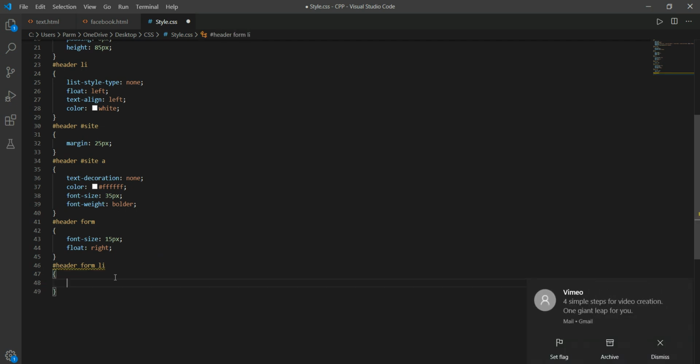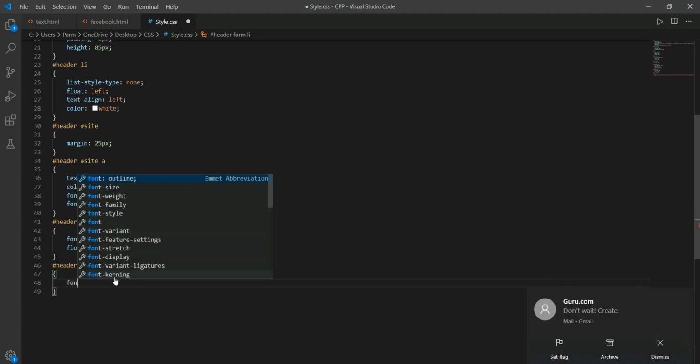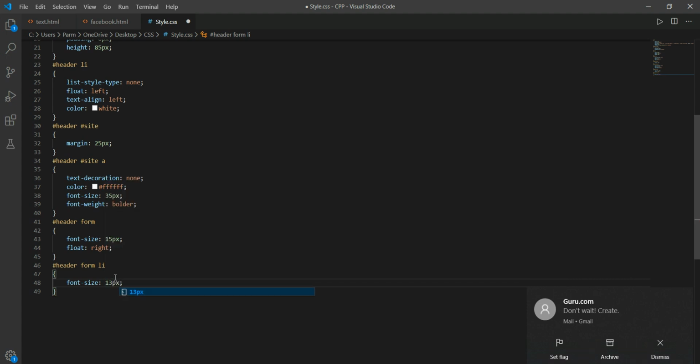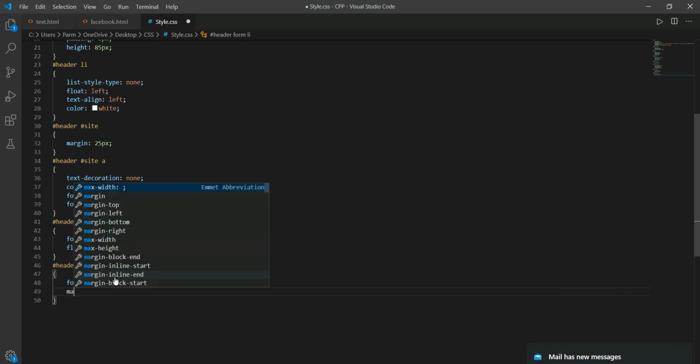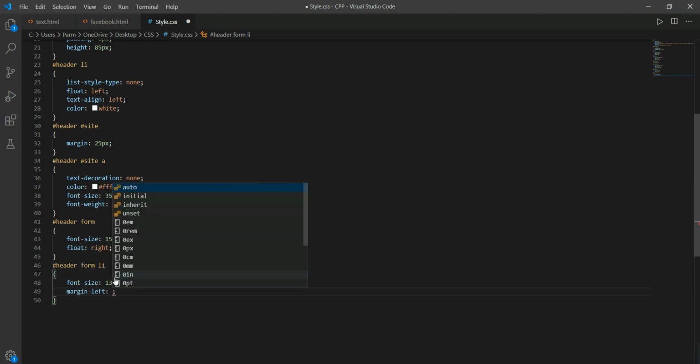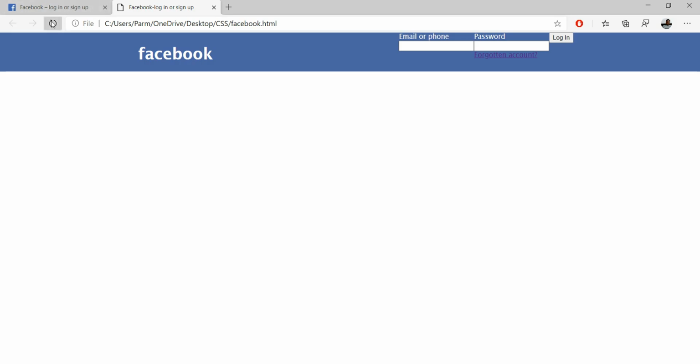Here I want to have font size 13 pixel and margin left, again 15 pixel. Saving this, here we go and refresh this.